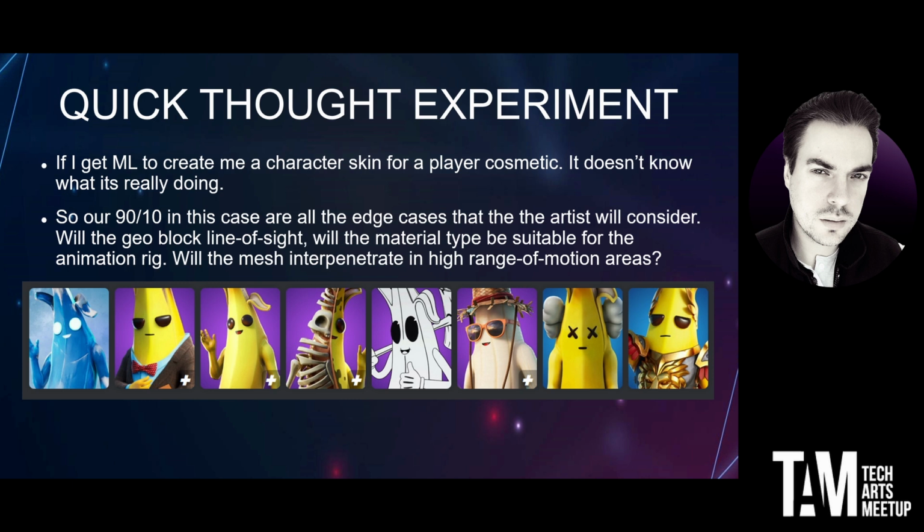And on top of that, there are certain considerations, like how we're going to animate it. What does the rig look like? Is the geo in a certain place that's going to affect when they hold things or crouch or run? Do we need to move things off shoulders? All these are considerations that an artist would be involved in, and the rigger would be involved in, and the modeler would be involved in, but the AI has absolutely no idea about this. So again, we're not really solving the problems of the pipeline, we're potentially adding to them.